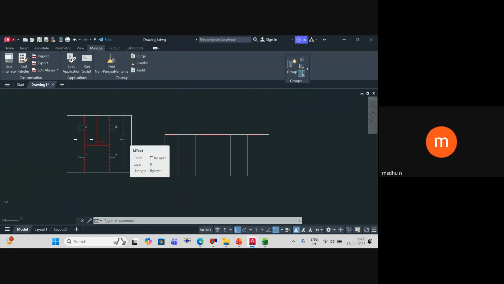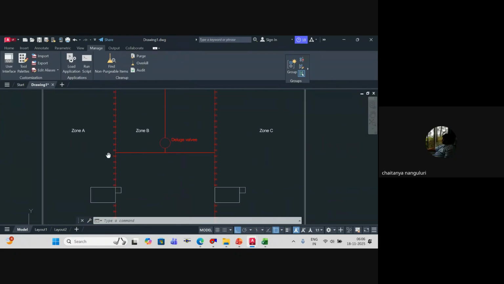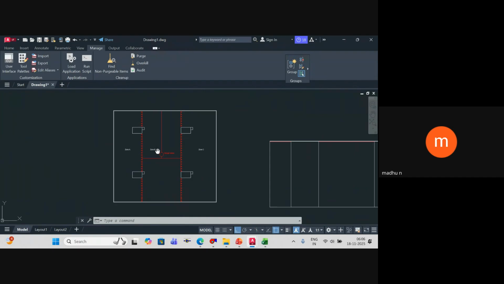Can you just show that area, the zoning area with zones A, B, and C? Yeah. So as per this design,